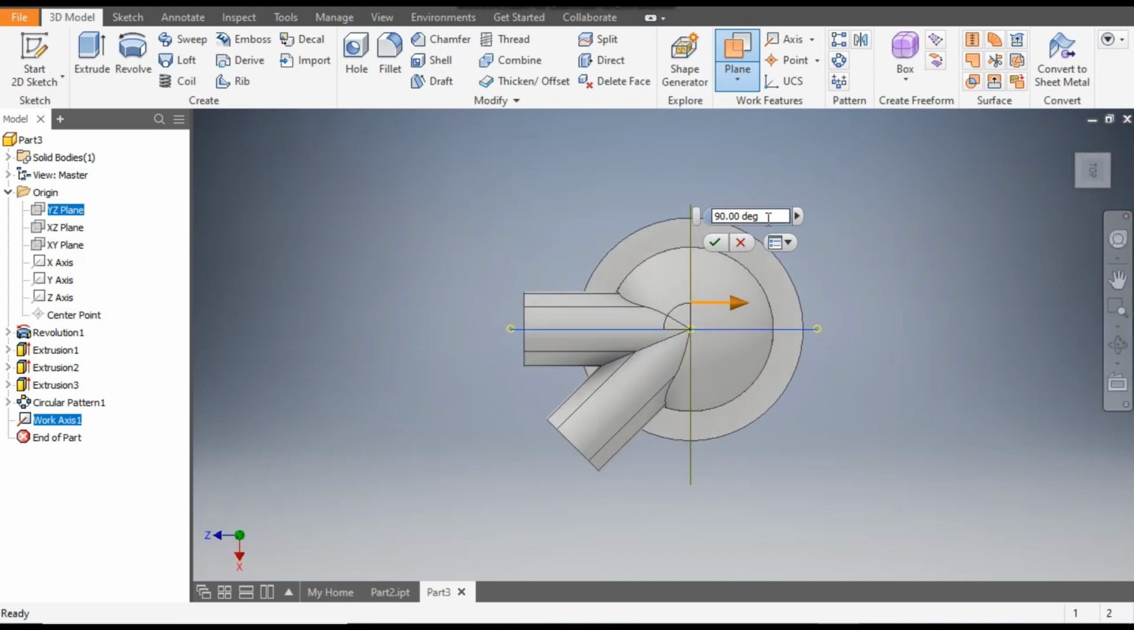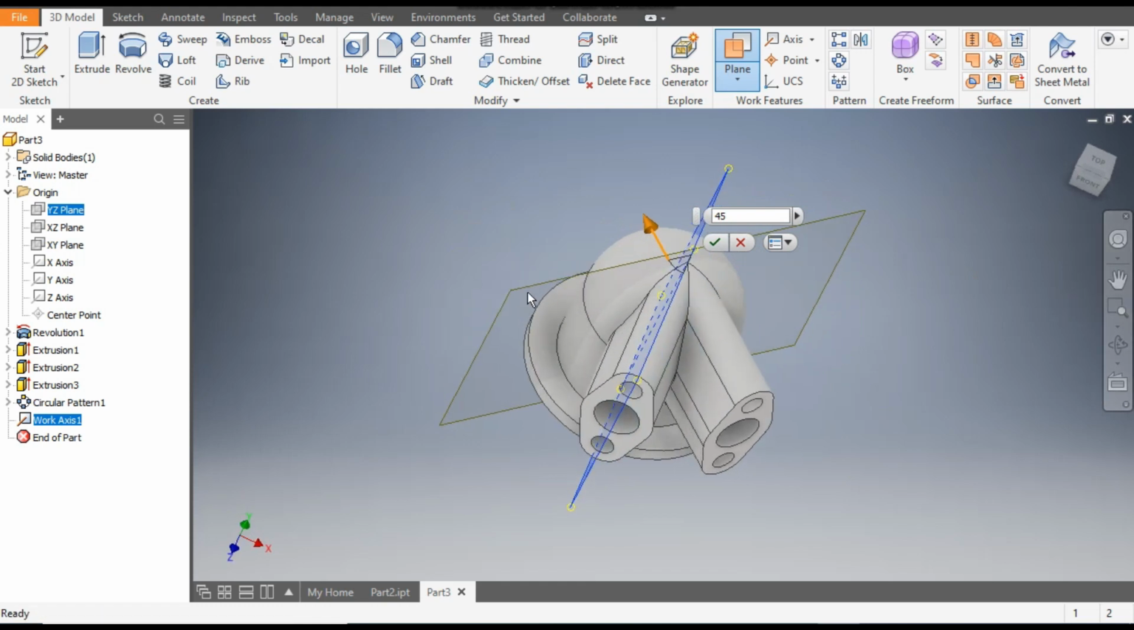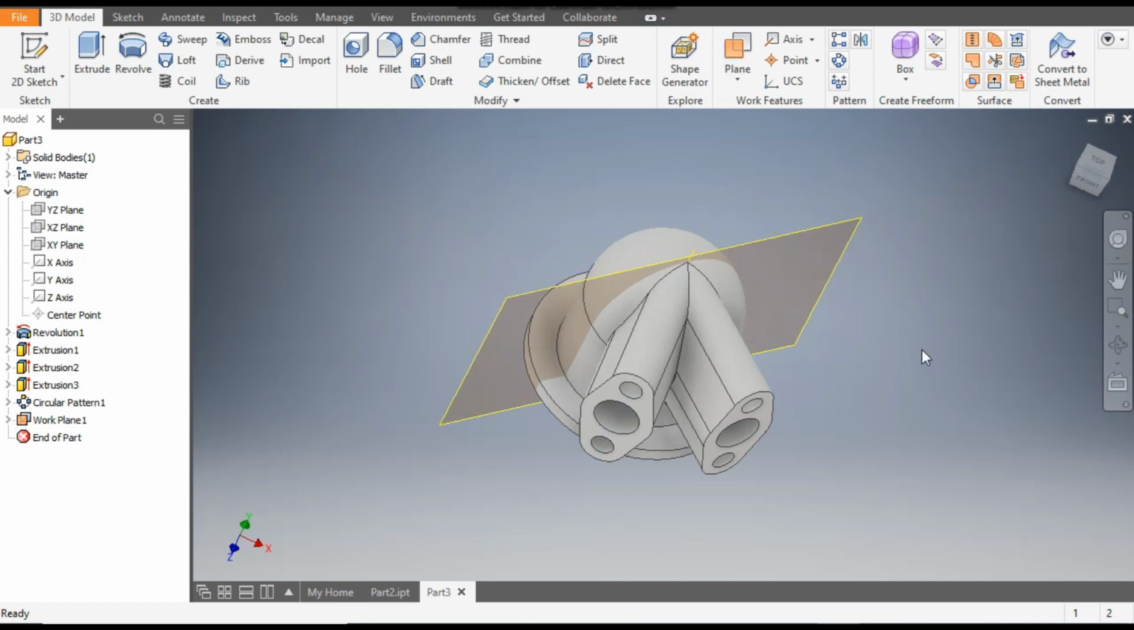Now here the angle is showing 90° by default, so this will be the new plane. We want it at 45°, so you can see now a new plane is constructed. Rotate the view. So here a new plane will be constructed. This will be the new plane. Click OK. Now select this plane, go to create sketch,